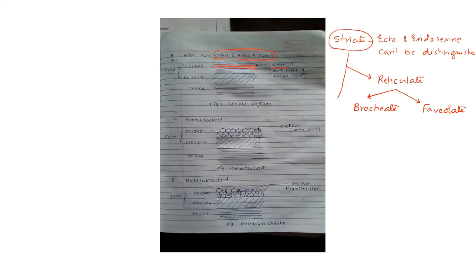First of all, try and understand what is reticulate. I said reticulate is derived from striate. What is striate? Striate is a type where ecto and endosexine cannot be distinguished because the caputs and bacula both have fused together to form striations. Correct? Now, reticulate is a type which is derived from striate, wherein all the pila united with each other